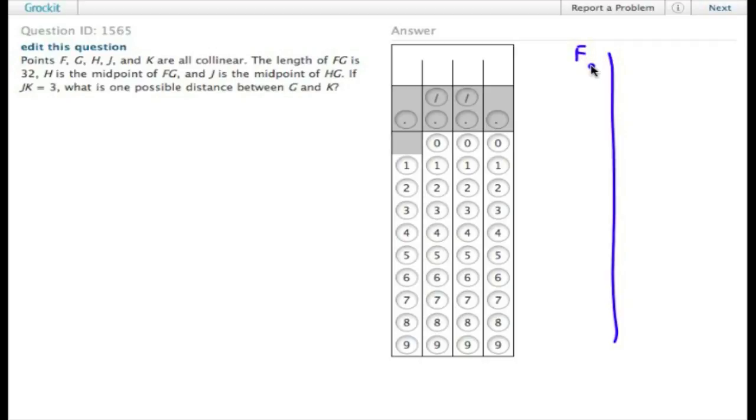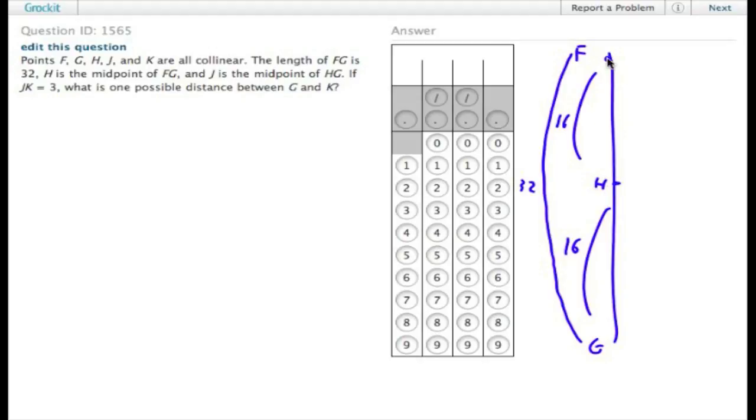So we have FG, so F and G. The distance between these two points is 32. If H is the midpoint of FG, there's H. So now this right here is going to be 16, and this right here is going to be 16. FH and HG are both going to be 16. Now J is the midpoint of HG, so here's J right there. And it's the midpoint of HG, so this is going to be 8, and this is going to be 8,